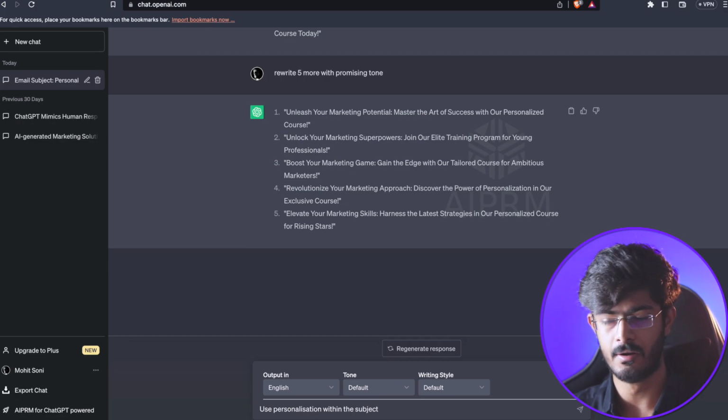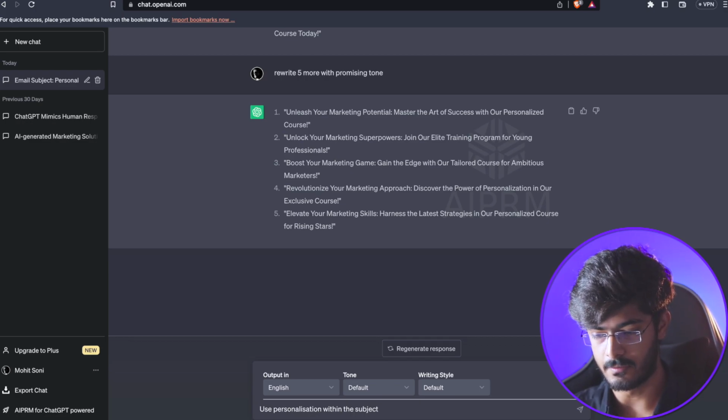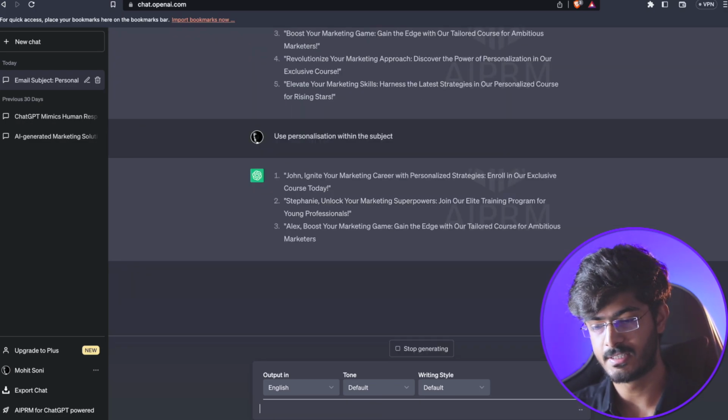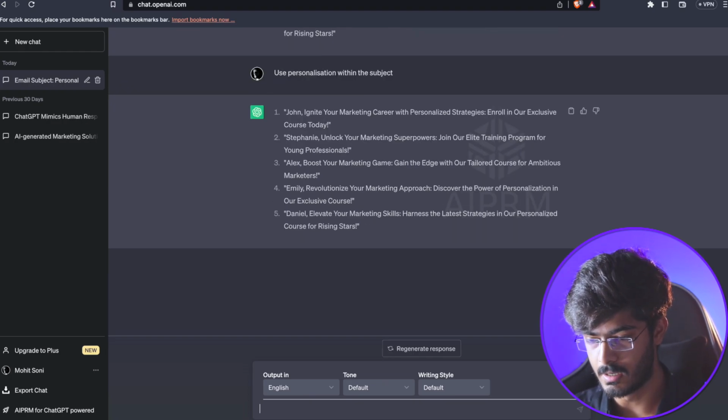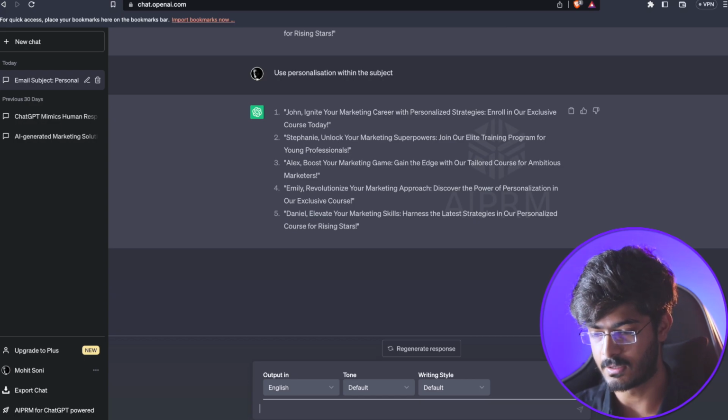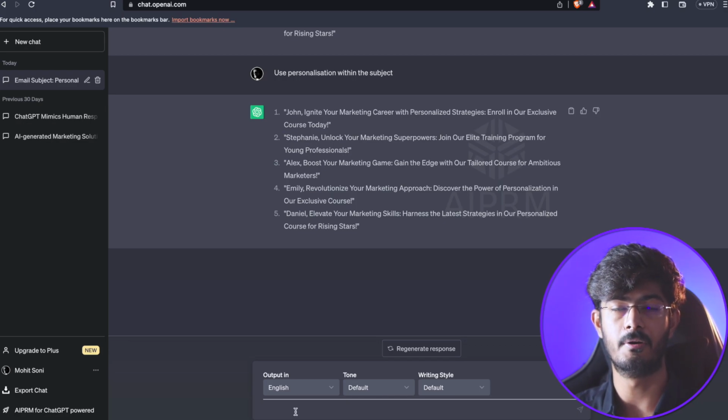So that's exactly what I'm trying to do, reprompt it so that we get well-optimized subject lines. For example, you see: John, ignite your marketing career with personalized strategies, enroll in our exclusive course today. Now, in order to optimize this, you see how important it is to add emojis. Emojis are really good